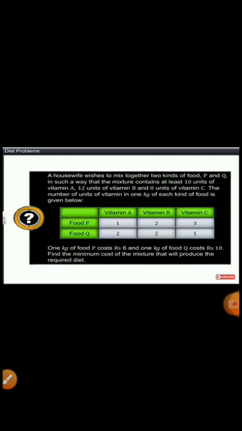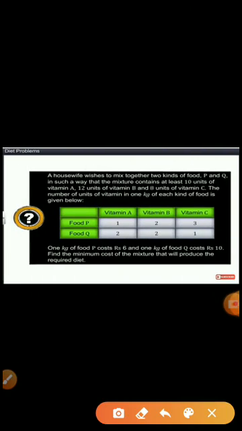Similarly, it is given that your food Q contains 2 kg of vitamin A, 2 kg of vitamin B and 1 kg of vitamin C. So again we'll be writing it here: 2 kg of vitamin A, 2 kg of vitamin B and 1 kg of vitamin C. Is it clear? Then